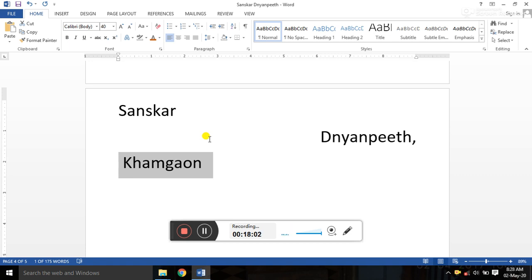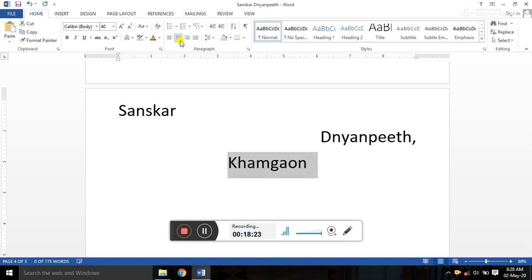Now the meaning of justify is here. Now see, we have to write the answer in such a way that left alignment takes the text to the left margin of a page, right alignment moves the text to the right side of a page, okay. After that the center alignment keeps text at the center. But one more is there, many students get confused, sir, there is left, there is right, there is center. Now what is the meaning of justify?